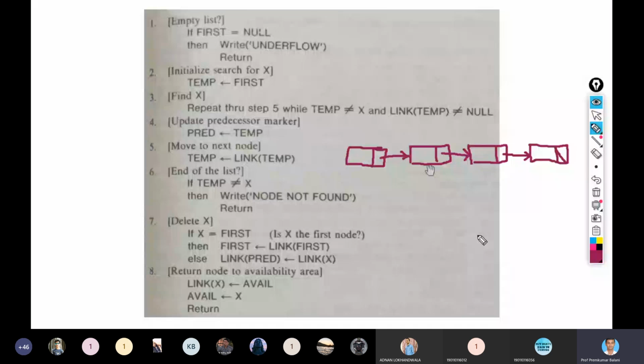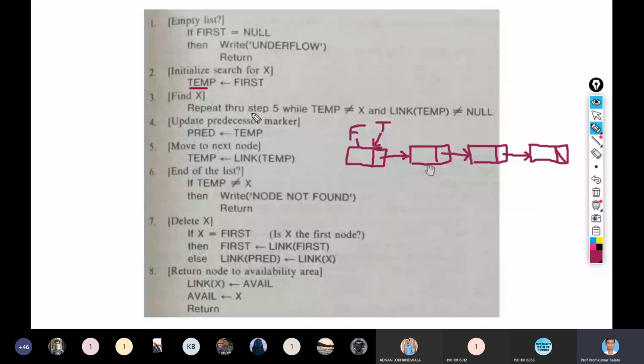Suppose this is my list, and it is pointed by the pointer first. Now I create one temporary pointer, say temp, and let me say this temporary is pointing to this first node.